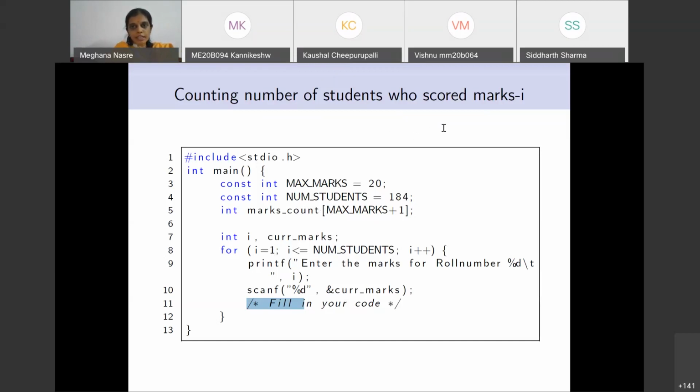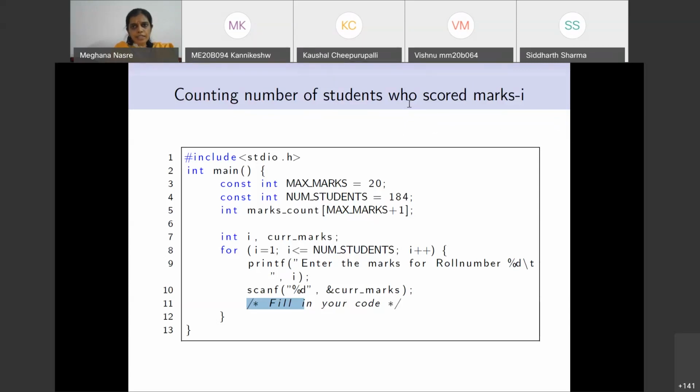So this clearly will not do, and it is not going to achieve what you wanted. So marks count of I plus plus is not correct. Marks count of current marks plus plus is correct, and that will increment these things correctly.